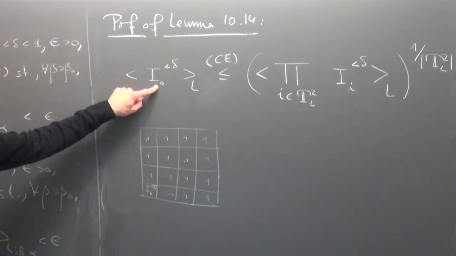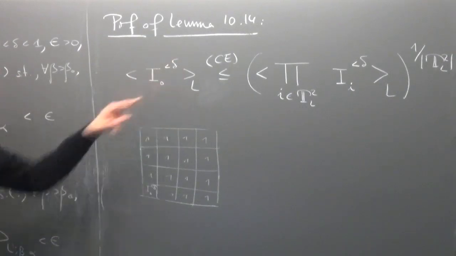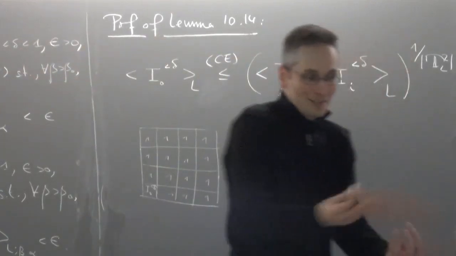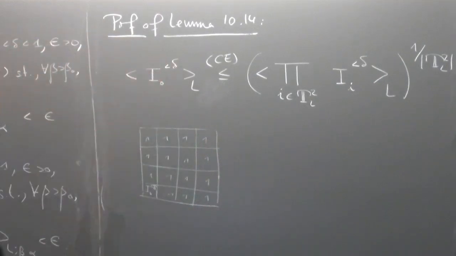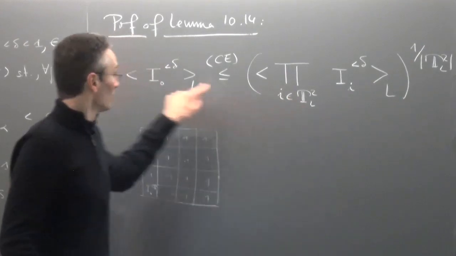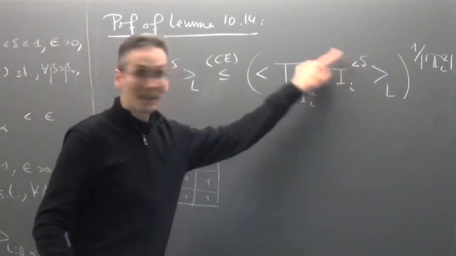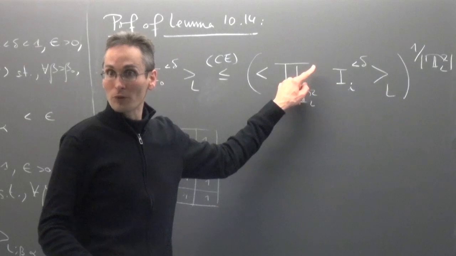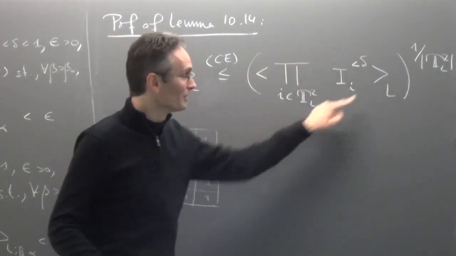I started from this, which is local. I'm computing the probability of some local event. It's complicated because it's just some local events. I don't control this probability measure very well. It's very hard for me to tell you what happens at 0. I've transformed this into something which is a global event. I'm saying that this bad thing happening at 0, I've replaced it by something which is bad happening everywhere. I'm asking for all the spins in the box to have a small first component. This should be very, very bad, right? So this should be much, much simpler to estimate than this guy.